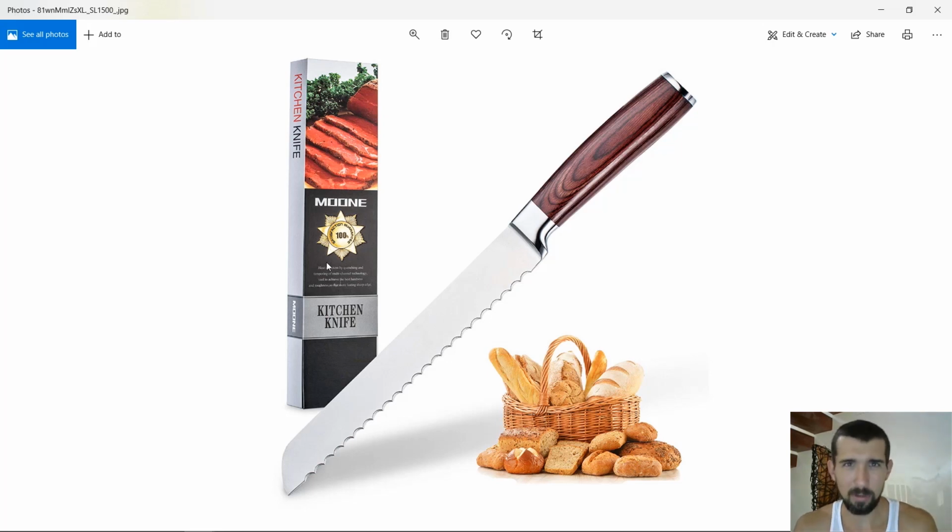Now, the weird thing about this is that on the box, he has a steak. So maybe it's also a steak knife. Maybe it's a general knife. I don't know. But I just know that this kind of structure is for bread knives. Nevertheless, that's how he did it. And maybe I'm wrong here. Maybe it's just a general knife. What I'm saying is, you have to be relevant. You make people confused. A confused mind does not buy.